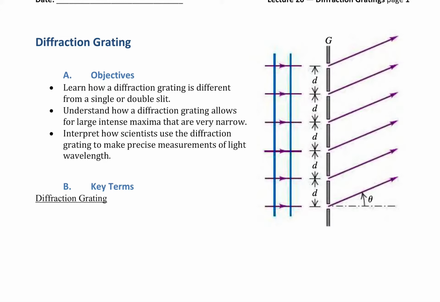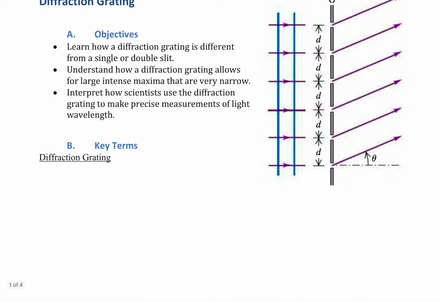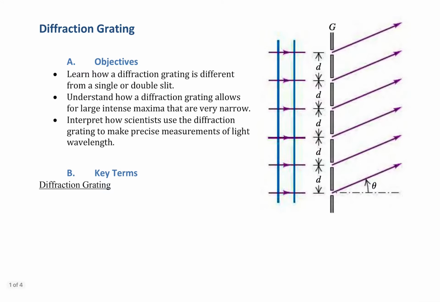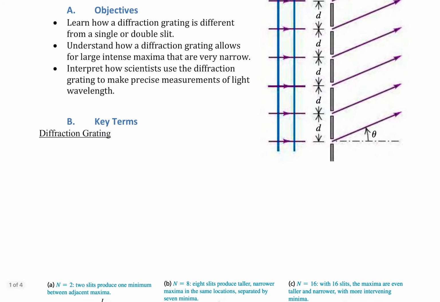So here it is, G for grating. It's just called a grating, just like a cheese grater, because it's got lots of individual openings. A planar wave is coming in. We have a bunch of sources from all those openings heading off to somewhere, converging on a screen with the parallel ray approximation and a certain angle, to that point where all those waves are going to superimpose on top of each other and create a pattern. Now, what's that pattern going to look like? Well, we're going to see an example of it in the diagram down below,